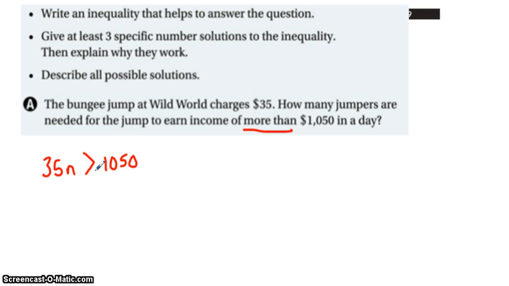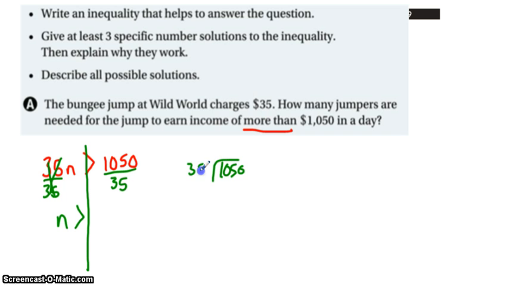Now, this works just exactly like an equation. Because we're multiplying here, our first step would be to divide both sides by 35. Okay? Because we still have that law of equality that states what we do to one side of the equation or inequality we do to the other side. So this turns into a 1. We're left with n, our greater than sign, and then 1,050